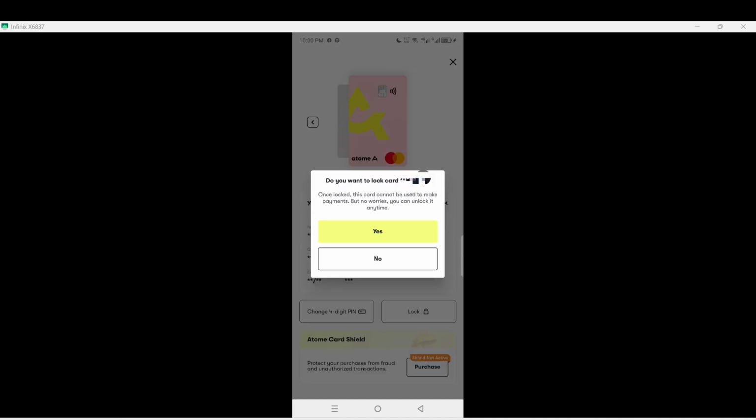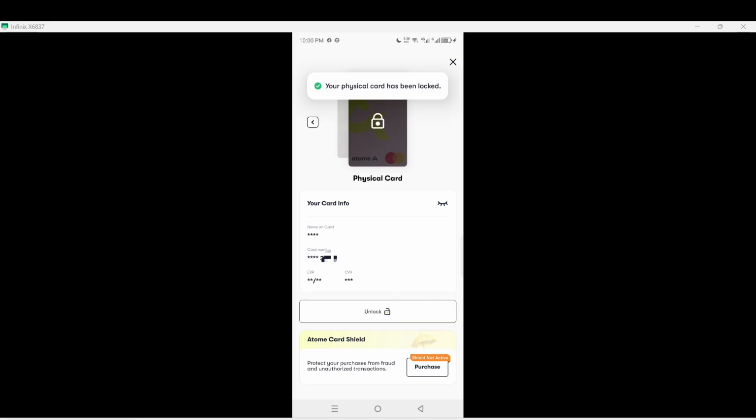If your intention is to completely close out the account line and permanently destroy the card, it's important to note that you'll need to submit a formal request to their support team. Before doing so, make sure to clear any outstanding balances, installments, or buy now, pay later billing obligations. This ensures a smooth transition and avoids any future complications.